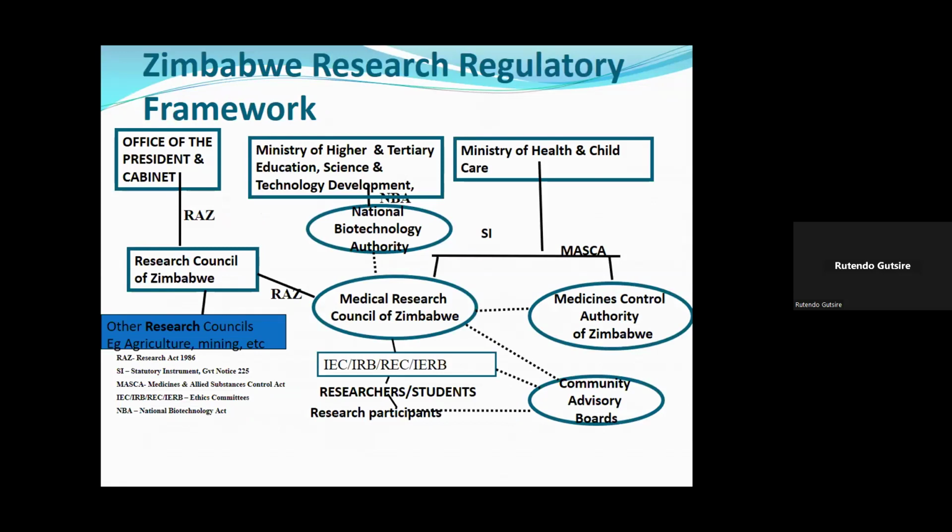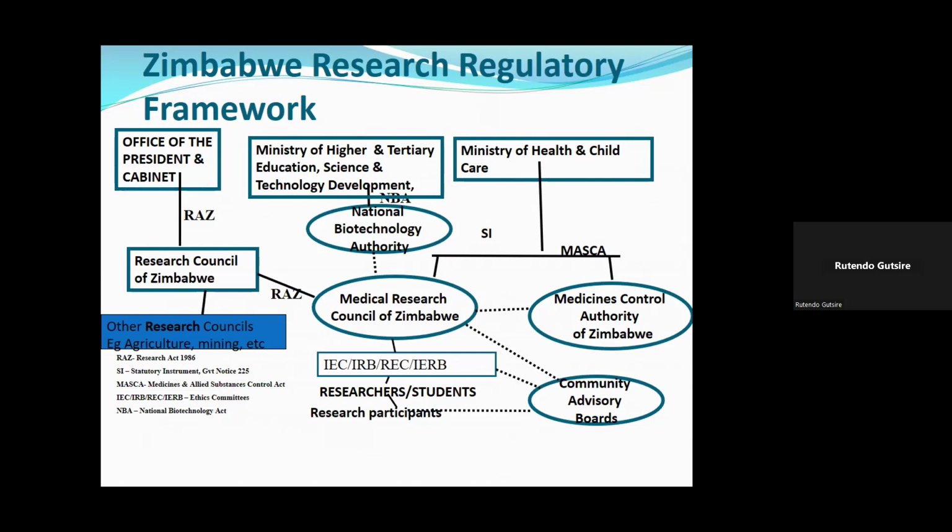What I'm just showing you are the different councils, different bodies, or the different offices who give oversight to research that is done in Zimbabwe, or who monitor what is happening as far as carrying out research. So I want you to know that you can think up an idea to do research, but you don't just wake up from your blankets and go straight to Mutare and start collecting blood from people saying you want to test for malaria.